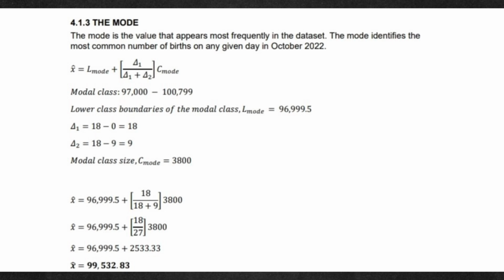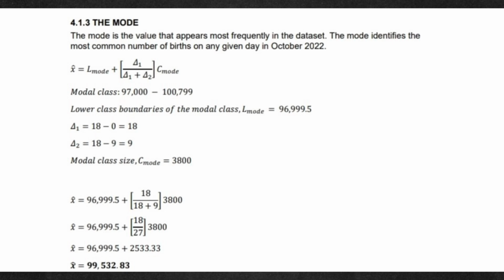For 4.1.3, the mode. The mode is the value that appears most frequently in the dataset. The mode identifies the most common number of births on any given day in October 2022. The formula is as follows. After we get the modal class and calculate, we found that the lower boundary of the modal class is equal to